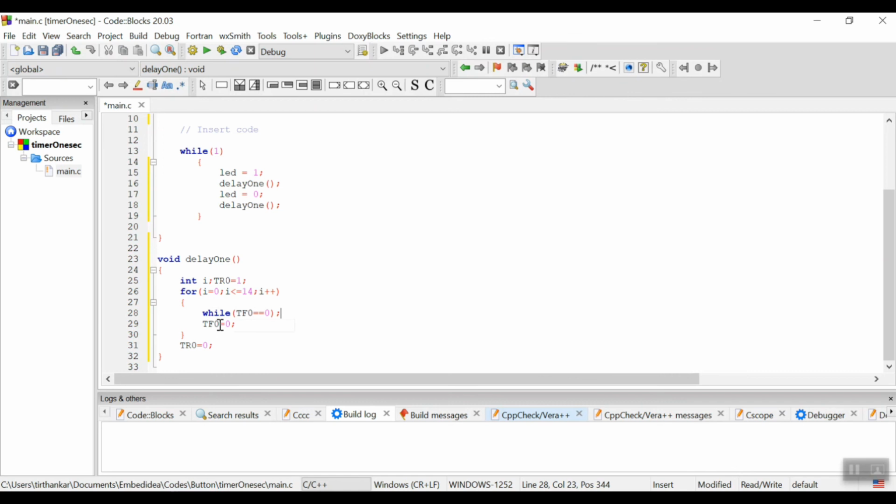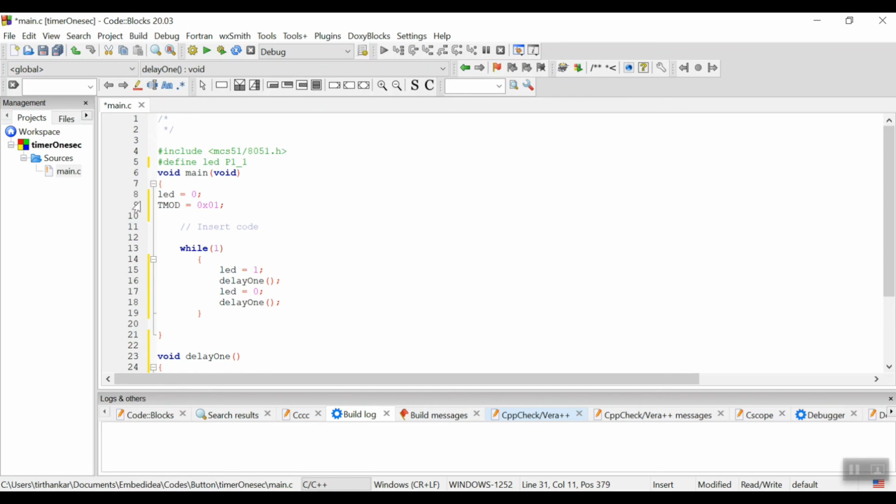Then I'll reset TF0, and again the process will go. Now second iteration, third iteration, fourth iteration, and up to 15 iterations. After 15 iterations, it will come out of this for loop, and then I'll stop the timer and return back.